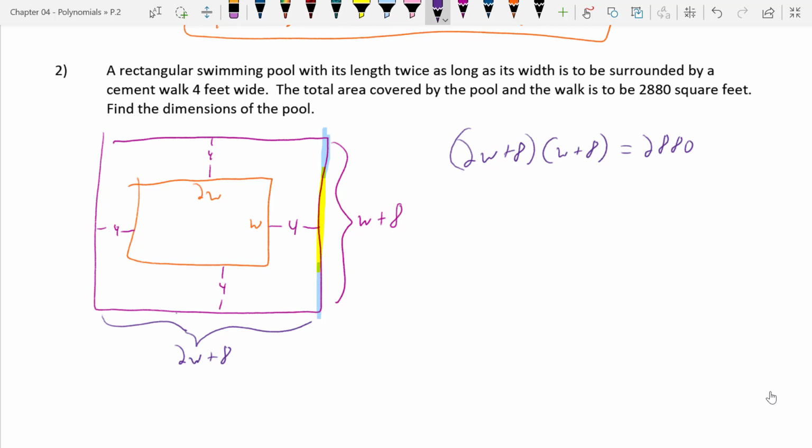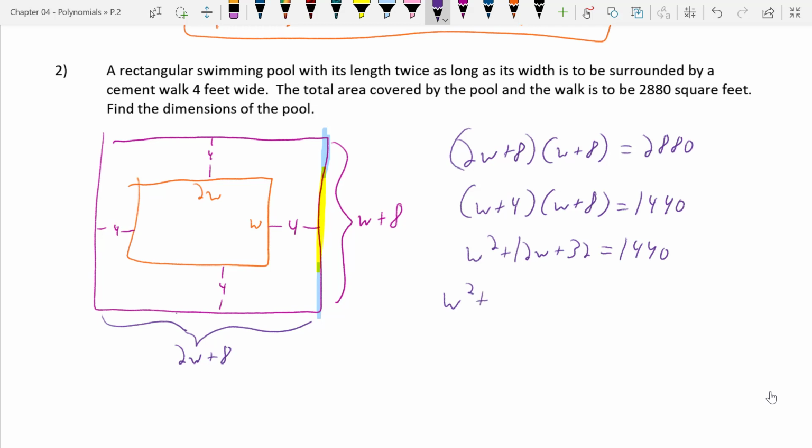If I pull the 2 out and divide the 2 to the other side, I get W plus 4 times W plus 8 is equal to 1440. That way my numbers are just smaller, and then I can FOIL this. W squared plus 12W plus 32 is equal to 1440,